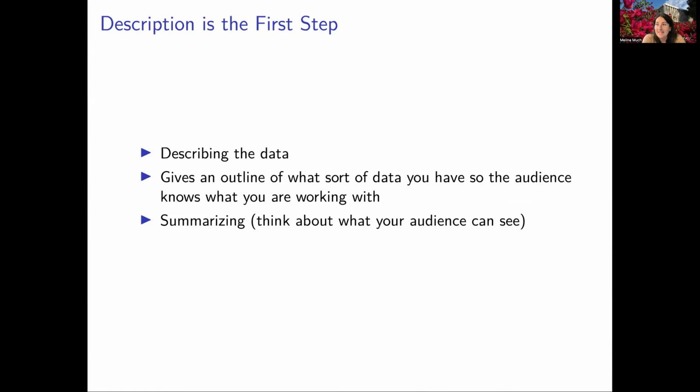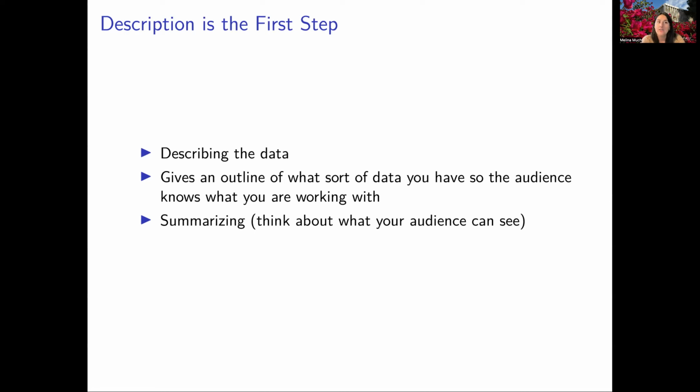So describing the data is always going to be your first step. It gives an outline of the kind of data that you have so that any audience knows what you're working with. It also gives you an idea of what sort of statistical tests are appropriate later on. If you don't do a good job of your descriptive statistics and you don't do a good job of analyzing the kind of data that you have, then eventually you can get to a point where you do an inappropriate statistical test based on the sort of data that you have. And so it's really important to understand your data at the most basic level